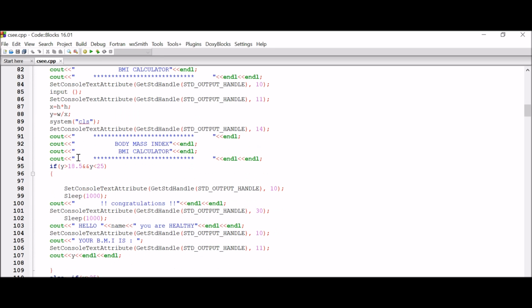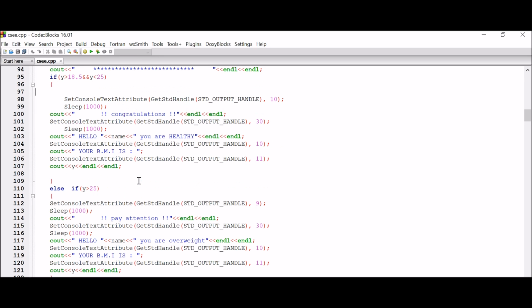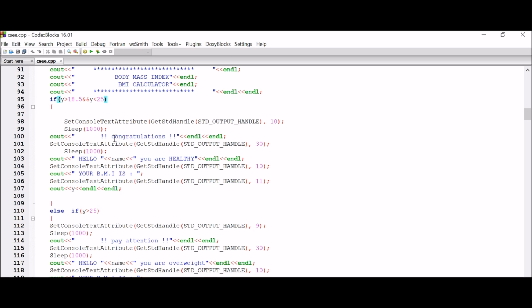After that, I have used two cases here. You can use as many as you like. Since y is our BMI output, if y is greater than 18.5 and less than 25, it is a normal weight condition, so it will print congratulations, hello, and the name entered by the user.